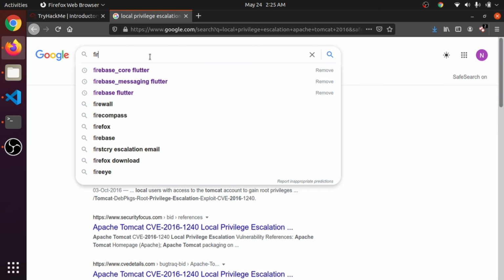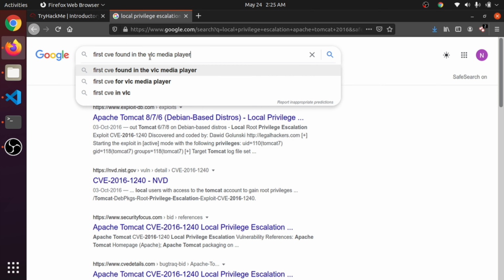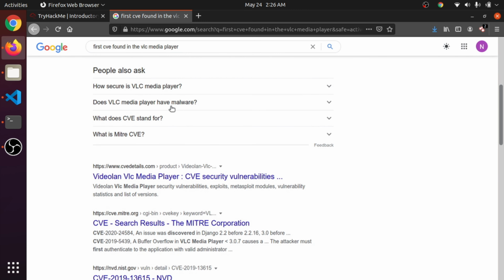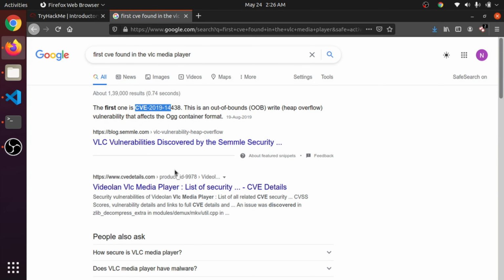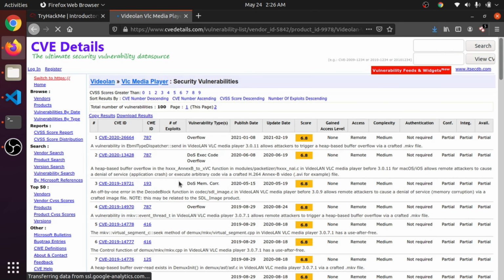First CVE found in VLC media player. Okay, I think this is not possible here because only the past year, 2019, came up. Okay, let me go inside cvedetails.com.